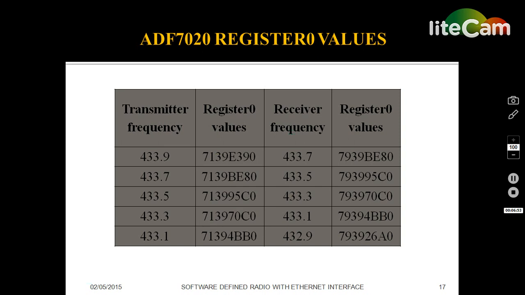The ADF7020 can afford up to 200 kilohertz deviation between the transmitter frequency and the receiver frequency. So we are using 200 kilohertz as the deviation.